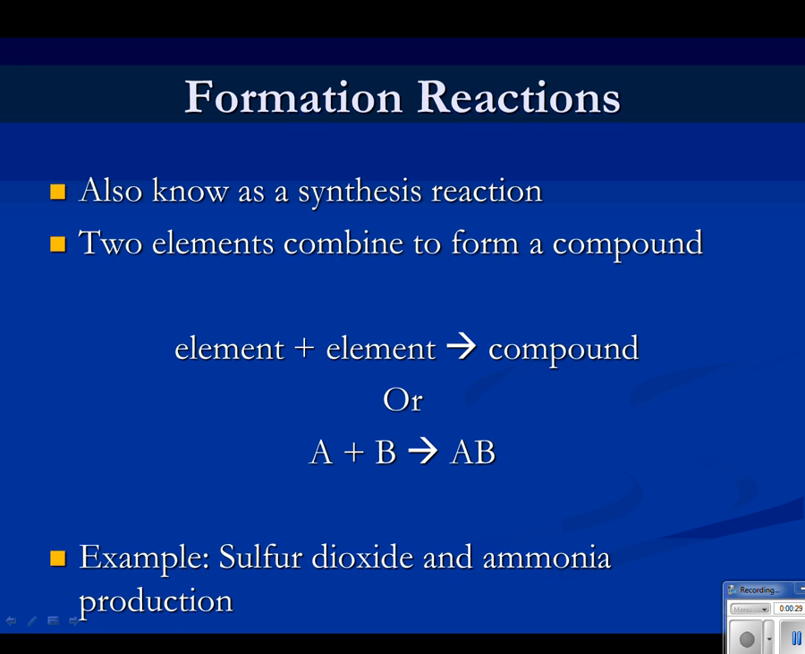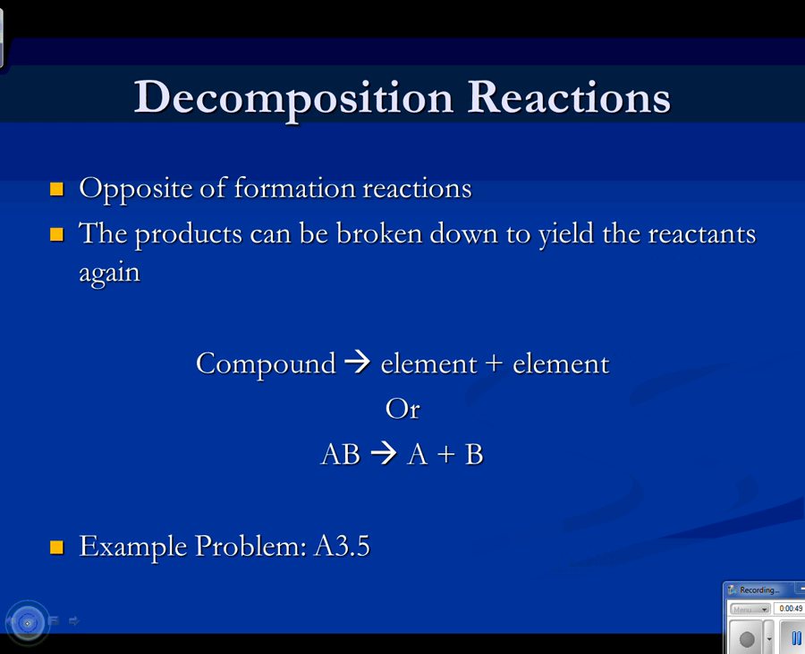Now, formation reaction. So this is also known as a synthesis reaction, and this is where 2 elements combine to form a compound. So you have an element plus an element, and then you get a compound. So the elements are in the reactants, the compounds in the products. So an example of this would be building sulfur dioxide or the making of ammonia. And just to provide a couple examples here,